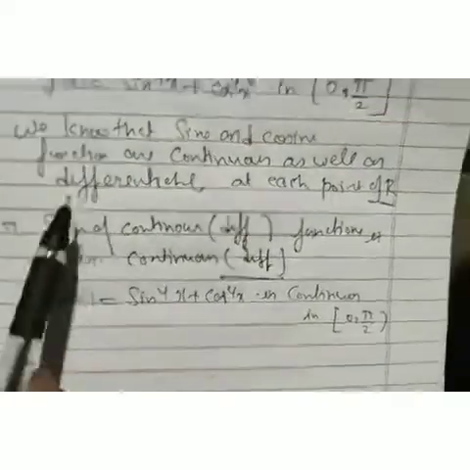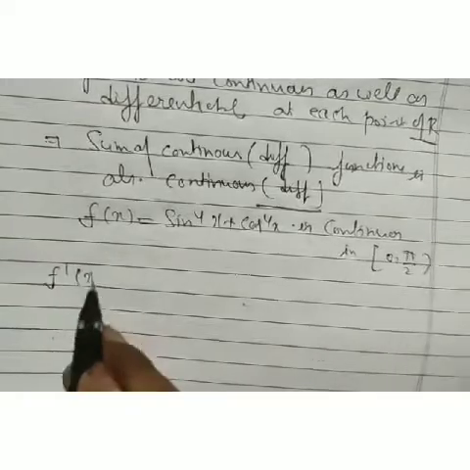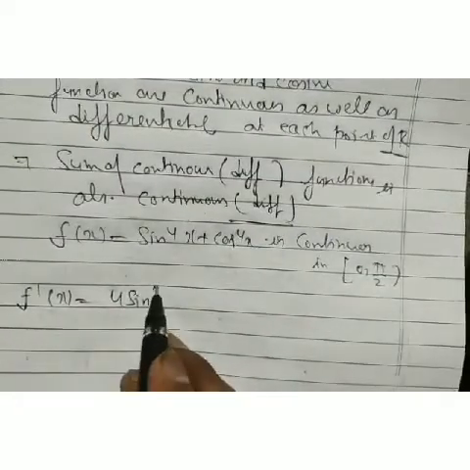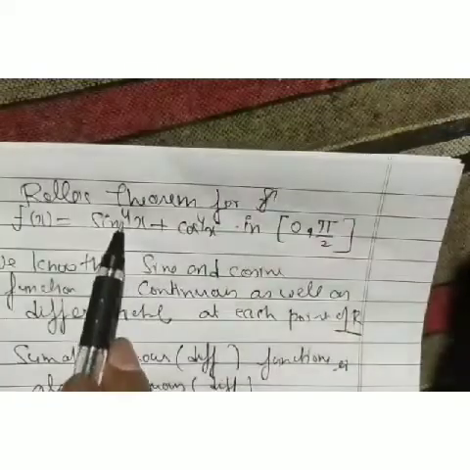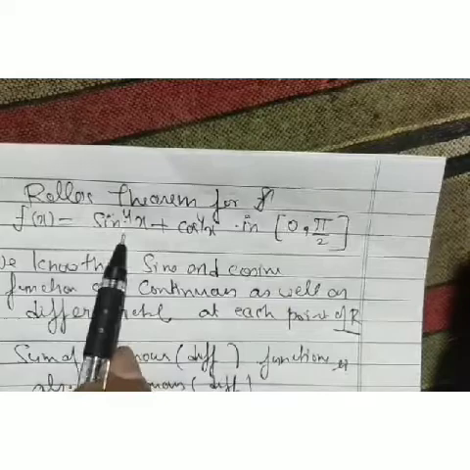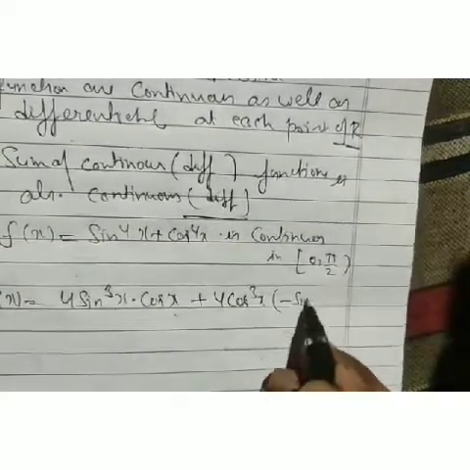If you don't want to write it in that manner, continuous and differentiable, then one way is to first get the derivative of this function. What do we get? It's 4 sin cube x into cos x by chain rule. It's an x to the power n type, so n x to the power n minus 1. Then by chain rule the derivative of sin x is cos x. Similarly for cos^4 x we get 4 cos cube x, and the derivative of cos x is minus